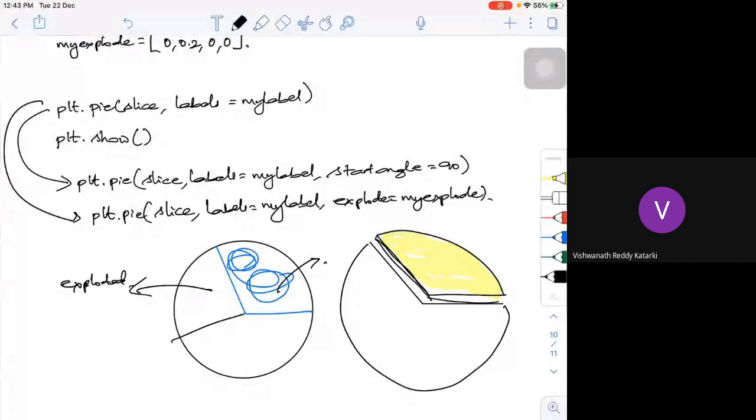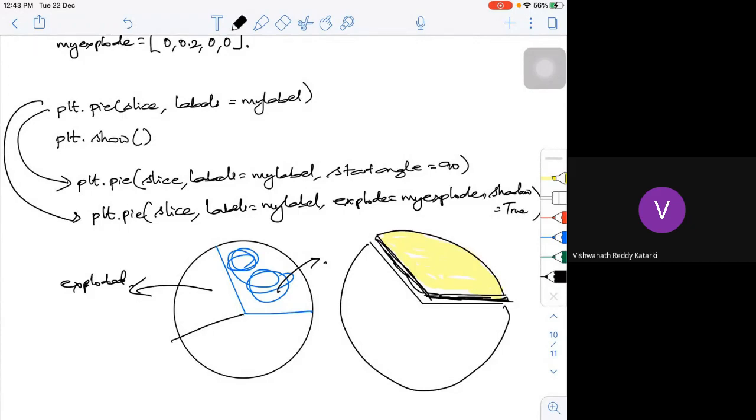Only the exploded portion, if you want to do that, I can do that. After this explode, I can add a comma, shadow is equal to True. By default, it will be False. If I just put shadow is equal to True, I will get the shadow view of it.